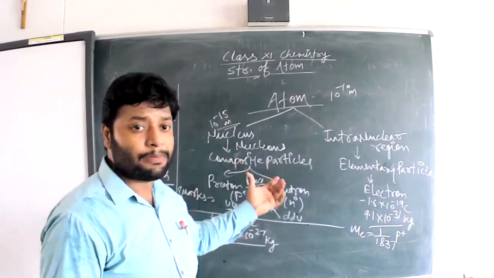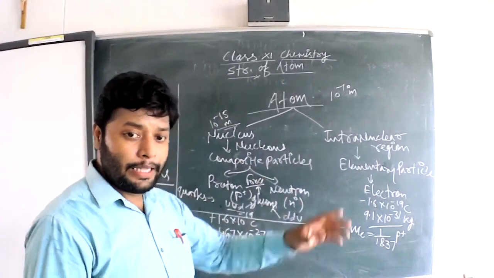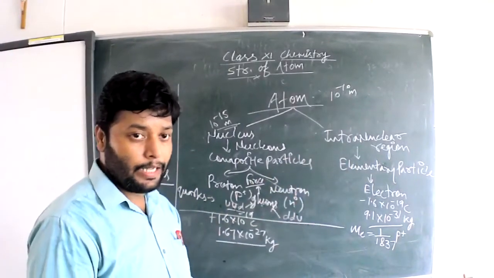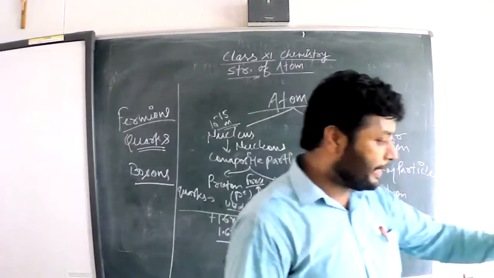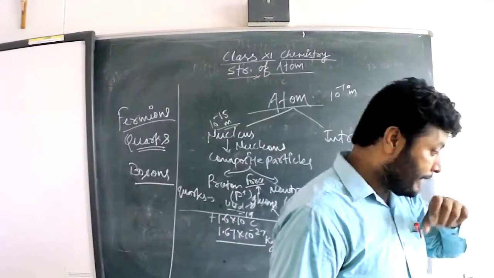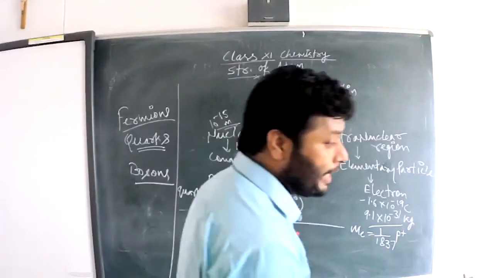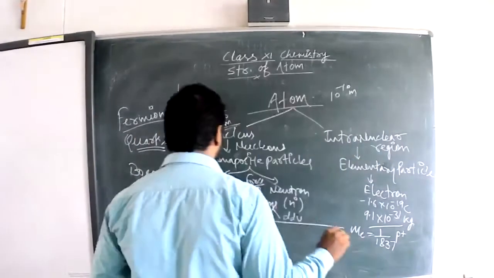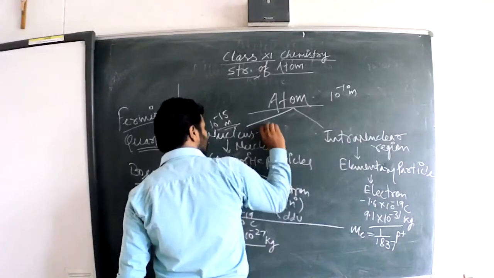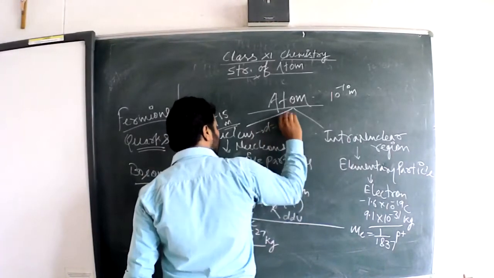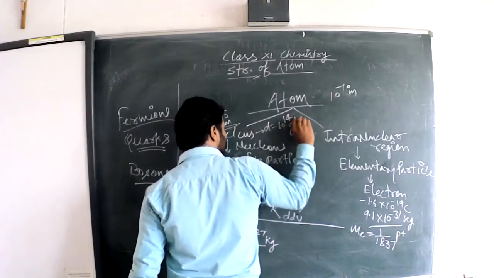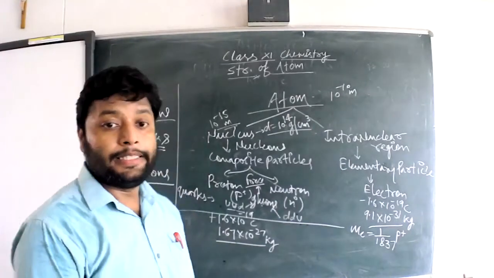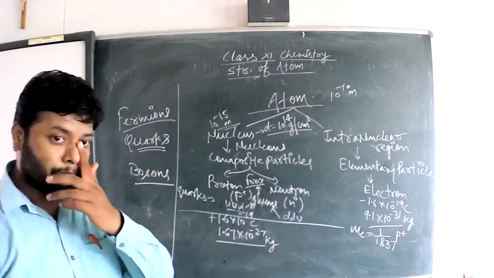Proton and neutron are called composite particles, made up of some other particles. Elementary particle means a single particle with no constituents. And what about charge and mass? We have density also. Look at the density of the nucleus: 10 to the power 14 gram per centimeter cube. Can you really believe it? This is the density of the nucleus.